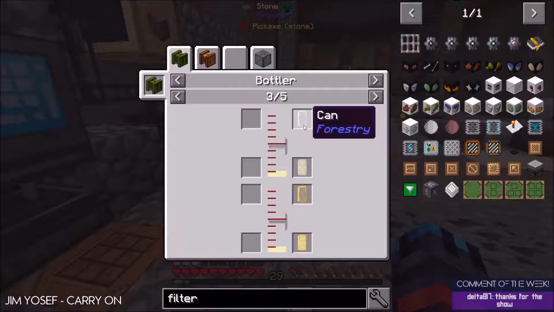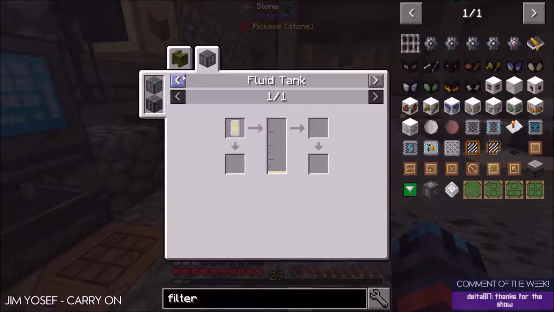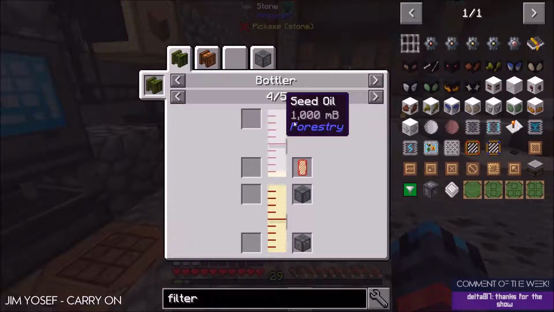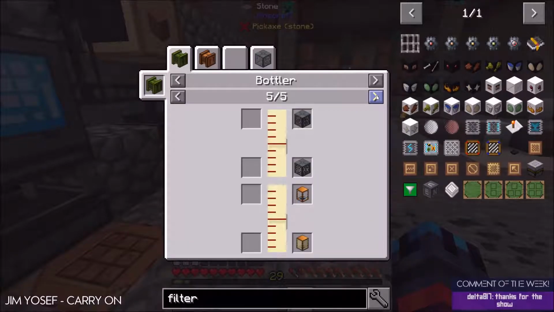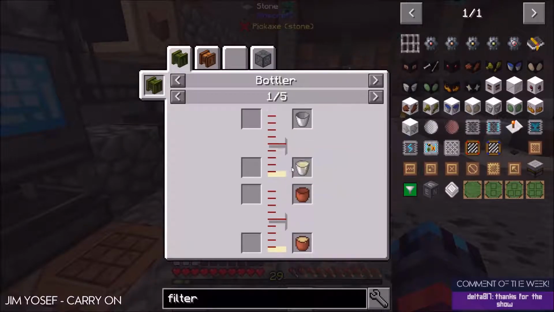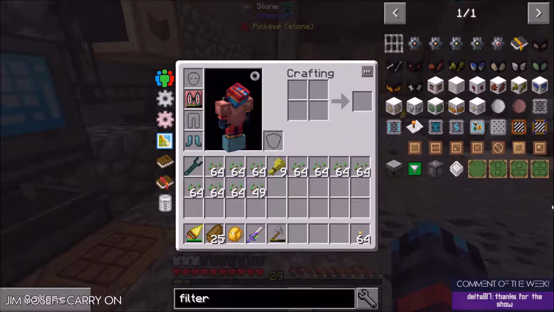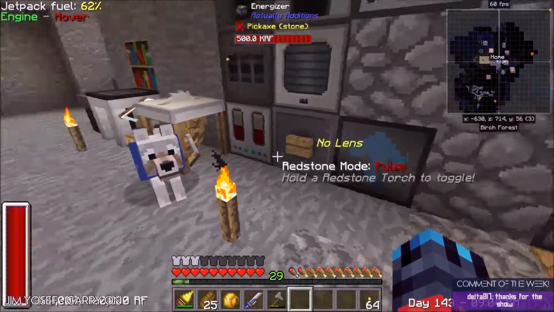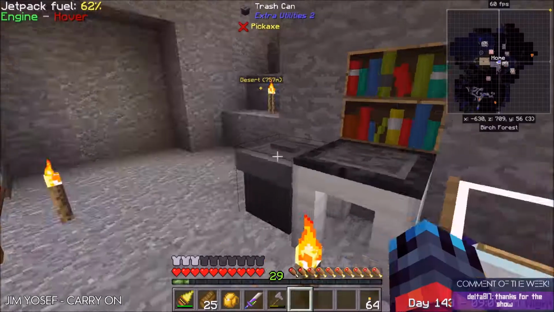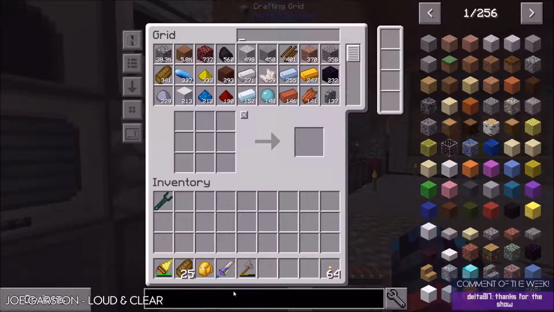Seed oil. I don't think there's much I can use seed oil for in this pack. I know it's useful in other packs, but I don't think this one really likes it or really cares. Yeah, it can only be used to bottle stuff. Okay, I don't know. Alright, so let's throw these seeds away for right now. Put our wheat away, and then we're gonna look at